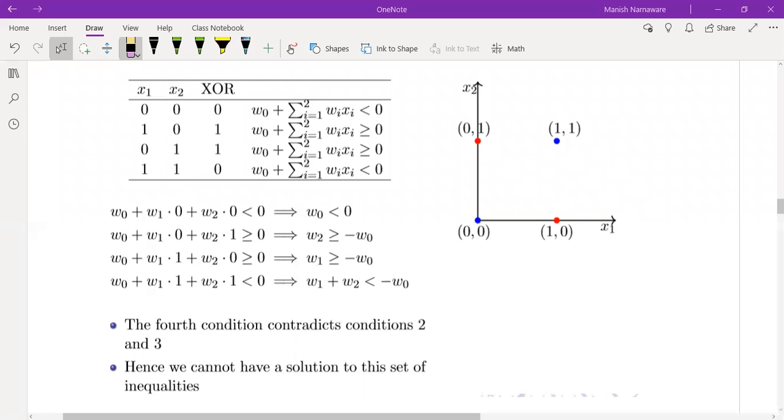Let us see why we cannot classify the points which are not linearly separable by a single perceptron. Okay, so what is the equation for a single perceptron? The mathematical equation for a single perceptron is